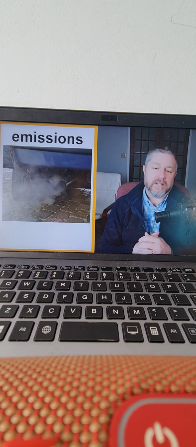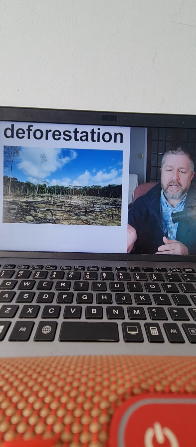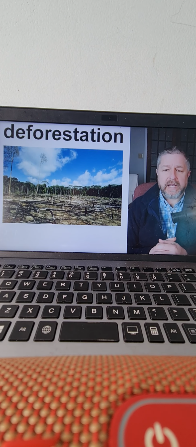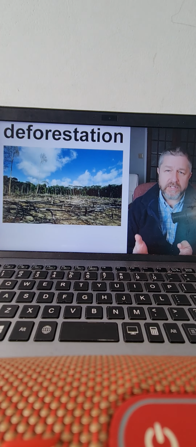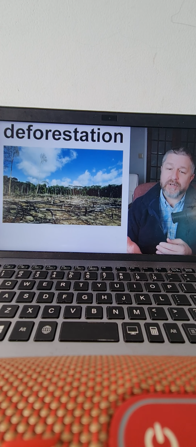Another thing that has a harmful effect, or something that is bad for the environment, is deforestation. So when you have a forest and when you cut the trees down for lumber or for firewood, eventually it looks like this, and we call it deforestation. In Canada, we have a lot of deforestation, but I'll talk a little bit later about how we try to make sure we replace trees as we cut them down. But Canada is definitely a country that is guilty of cutting down many, many trees. There are a lot of other countries in the world that do this.